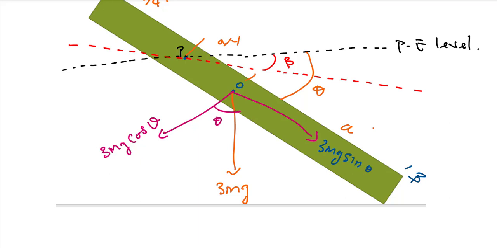Similarly, the components for beta will be the same, that is 3mg sin beta and 3mg cos beta. As we said, the distance from P to O is a on 4, and the distance from A to P is 3/4 a. Now in order for us to prove this equation,